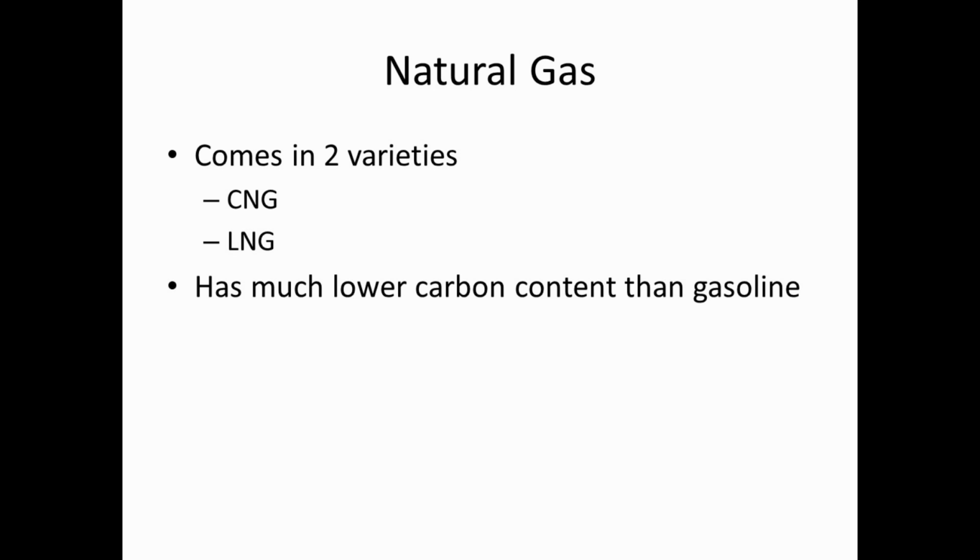So next we're going to talk about natural gas. So basically we have, like we discussed before, our two varieties. We have compressed natural gas and we have liquid natural gas. So natural gas has a much lower carbon content than gasoline. So basically octane, which is the hydrocarbon chain found in gasoline, has 8 carbons and